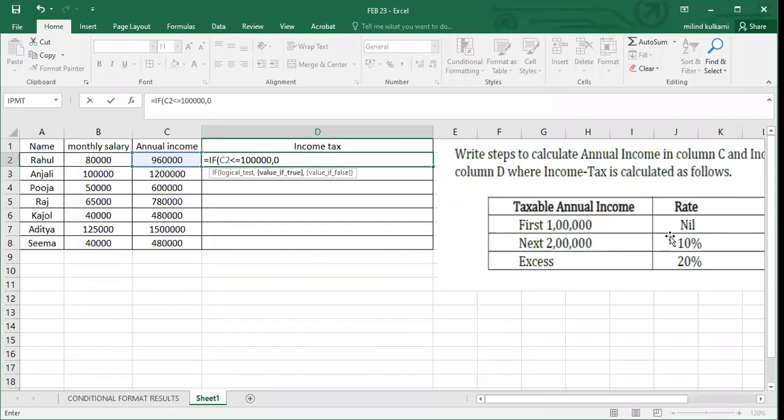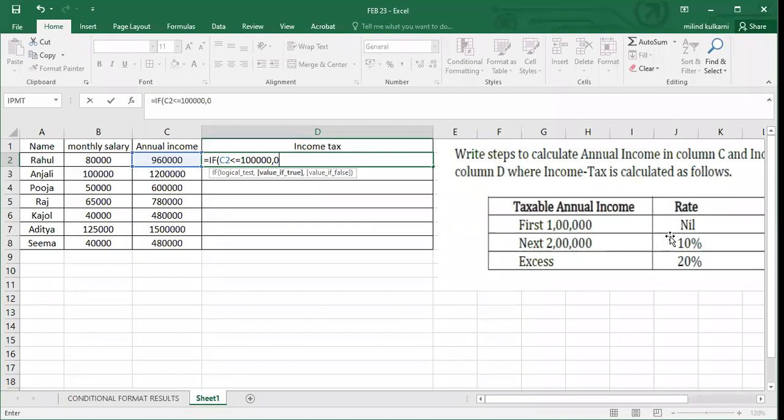No, because 0 is a number. If you are taking 0 as a string, you can enclose it in double quotation marks, but here 0 is numeric, therefore don't enclose it. If your value is less than or equal to 1 lakh, your income tax is 0.